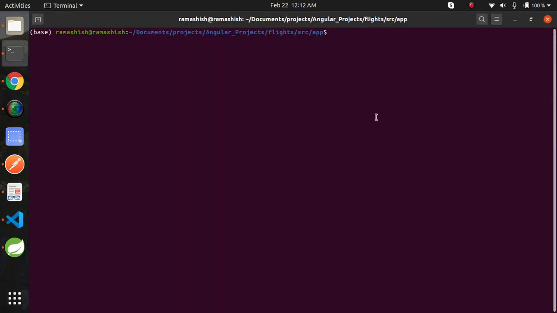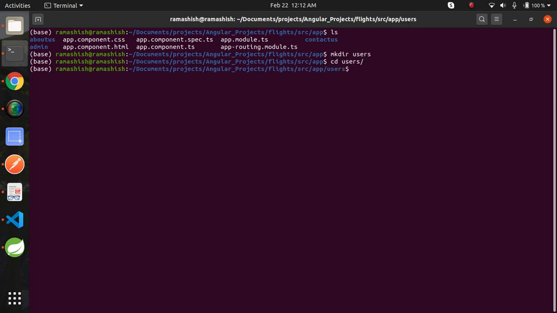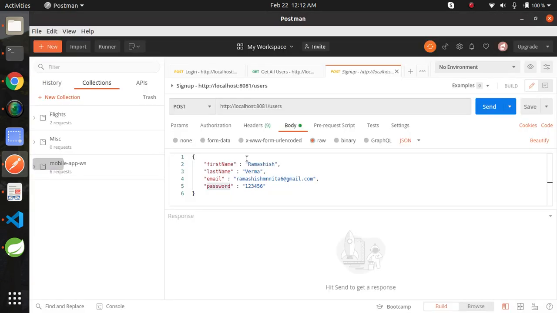Go to your terminal and locate the type folder, then create folder users, cd users. Let's create a class that we will use as a model for sign up, and that class will contain these four fields: first name, last name, email and password.